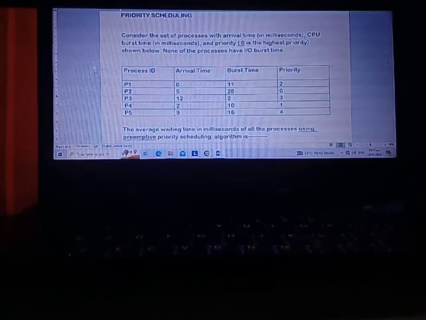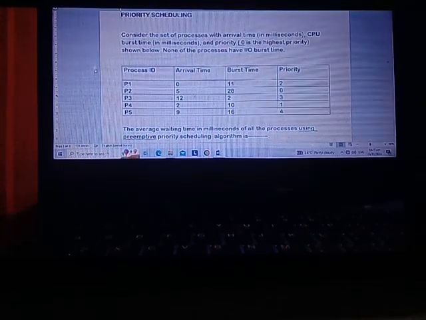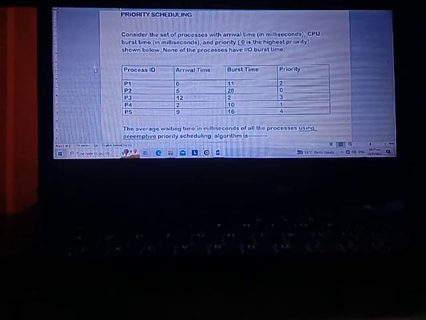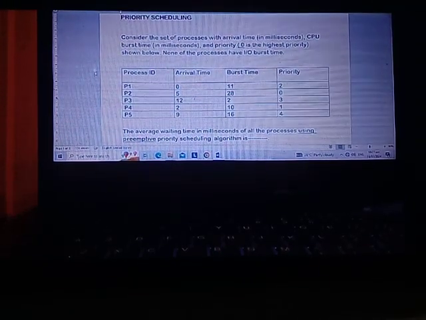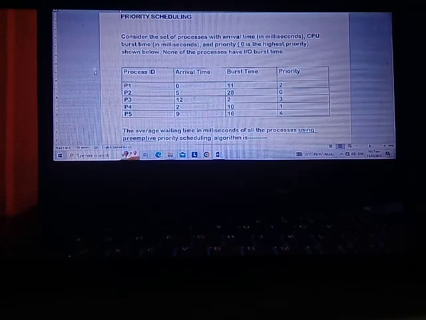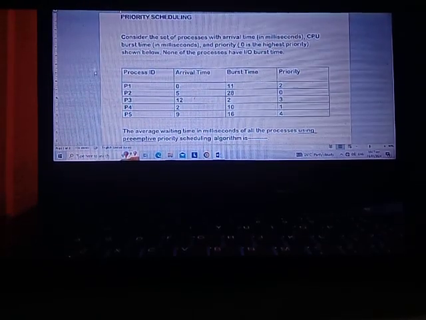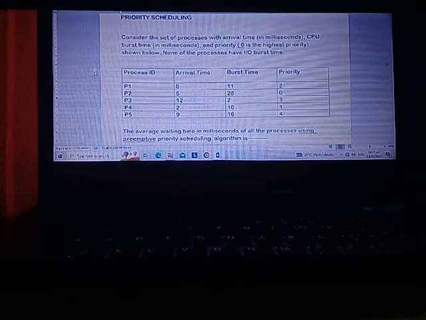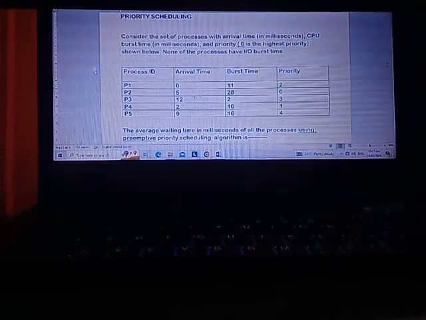So if you see, 0 is the highest priority, and the next highest priority will be 1, then 2, 3, and 4. So we're given this much information, and it is also said that none of the processes have I/O burst time. So what does this mean? That here we are given